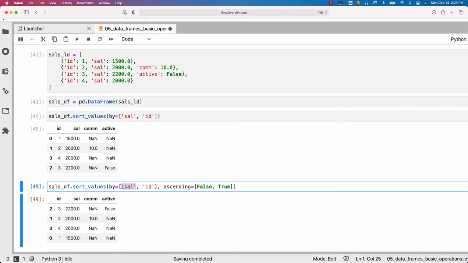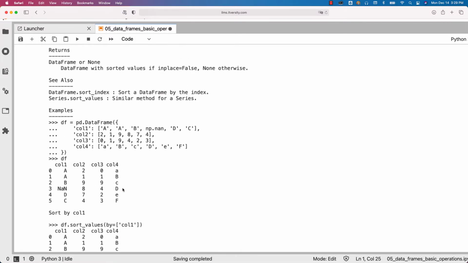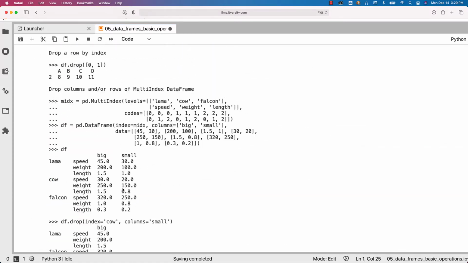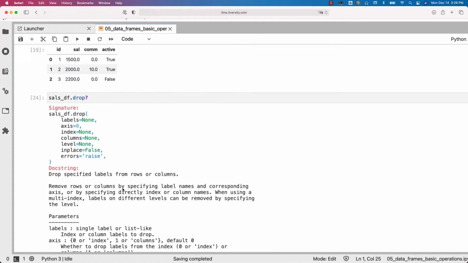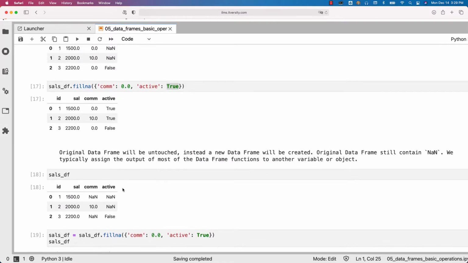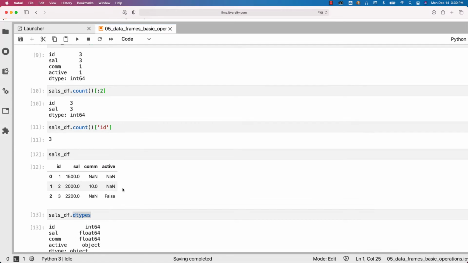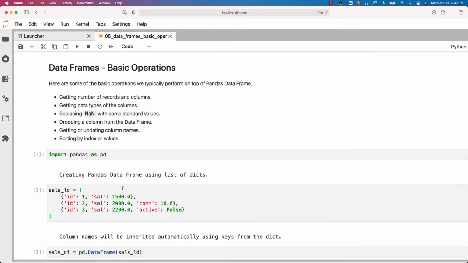So we have seen all the common operations which we typically perform on top of data frames. These are some of the important ones. We might have to learn more. You can explore those things as and when you see different types of requirements. You just have to go through the functions, understand the keyword arguments, and you should be able to get the solution for your problem statement by existing functions itself. In the worst case, you might have to develop some user-defined functions on top of data frames to actually come up with solutions for those problems where there are no APIs or functions already available with respect to pandas.